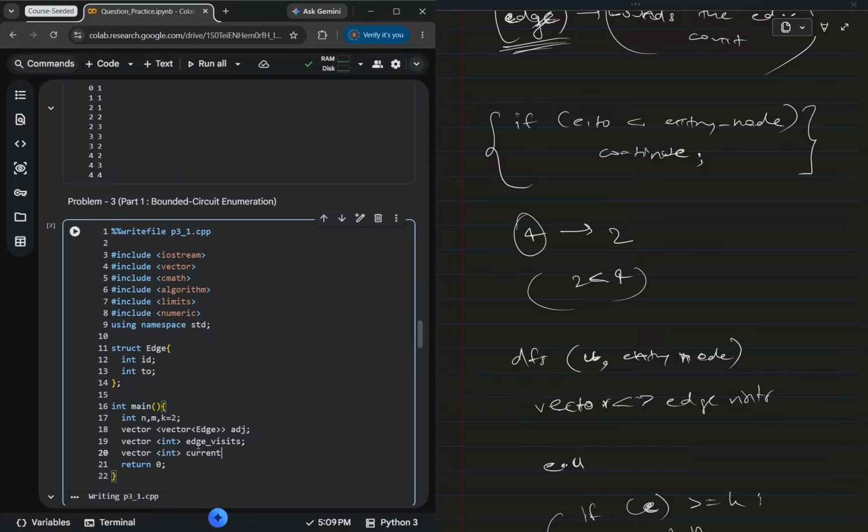So we have this current path. So I'm actually creating